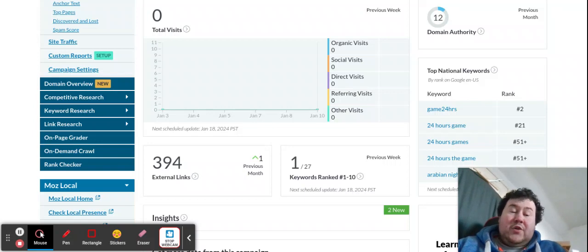Once you've got a bit of authority behind that, what's the next step? What should we do now? Should we just focus on that? No, we should then try and boost the authority of the keywords we're trying to rank for. For example, in this niche, it's a video game site. So we should, in theory, be trying to rank for video game or video game related niches. For example, video game history, video game consoles, video game people.